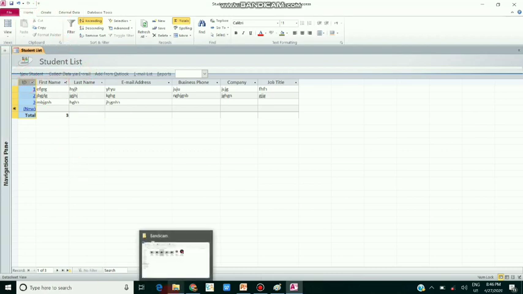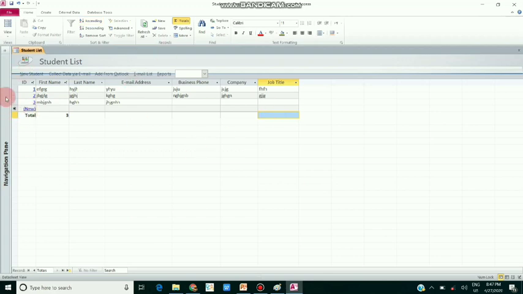Now students, I will tell you what the components of it are. Here are the different components. On the top we have the quick access toolbar. This is a file tab and these are the different other tabs. Create, external data, database tools. This area is called the object tab. This is a work area.